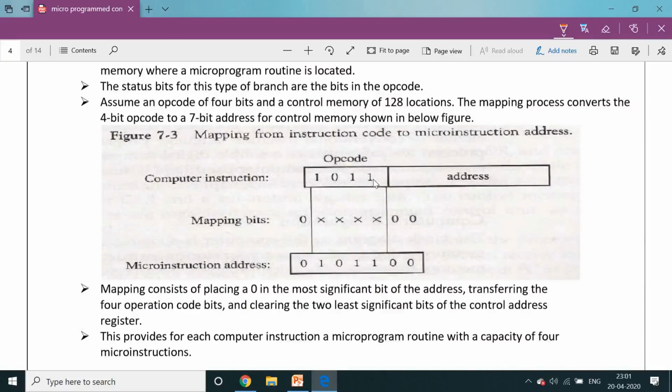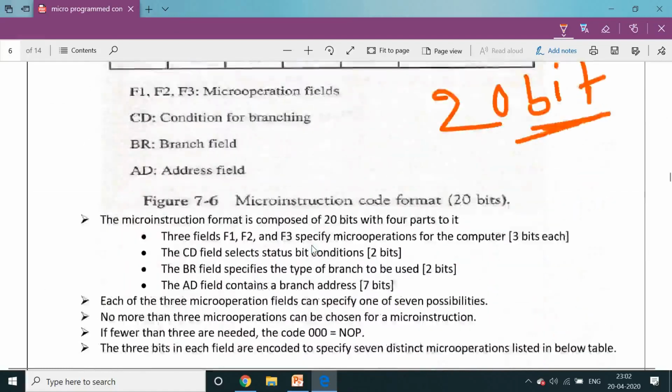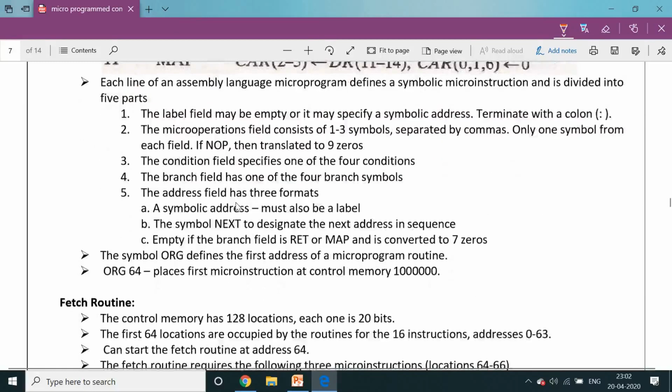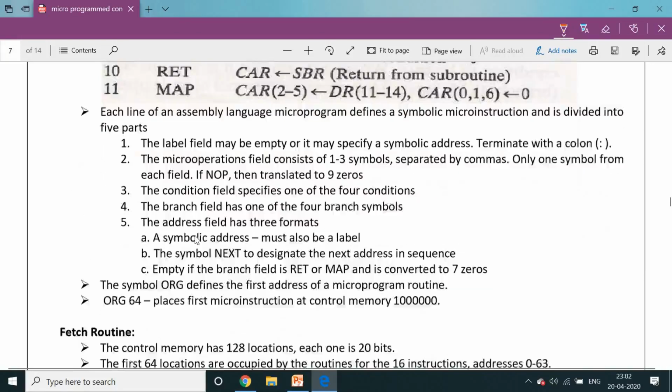Next, the 11, 12, 13, 14 bits are stored as they are into bits 2 to 5. Like this, data register bits 11 to 14 fill bits 2 to 5, and the control address register is filled with zeros in the remaining places. Each line of an assembly language program defines a symbolic microinstruction and is divided into 5 parts. These are the actions we are going to see individually.